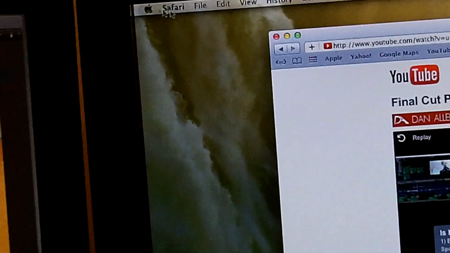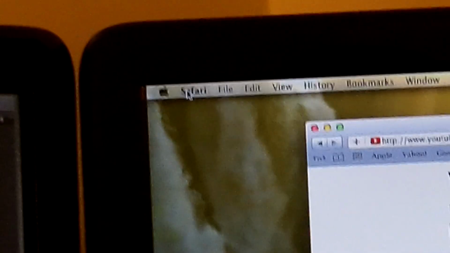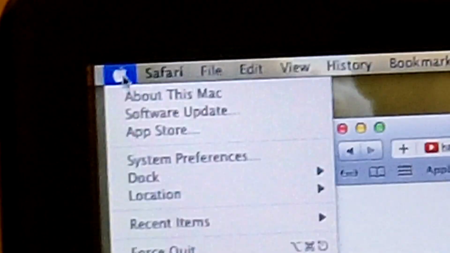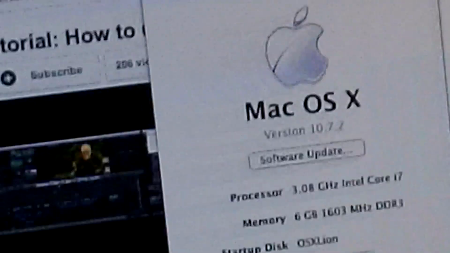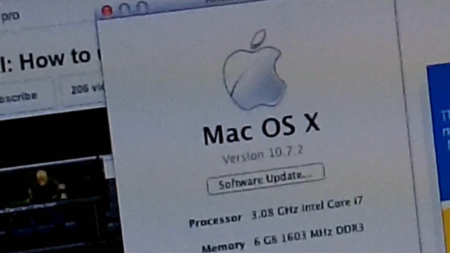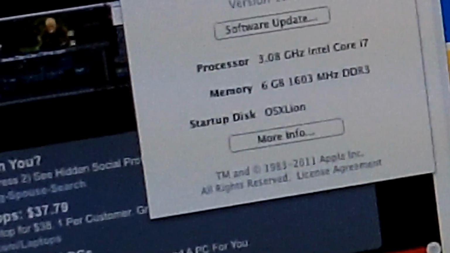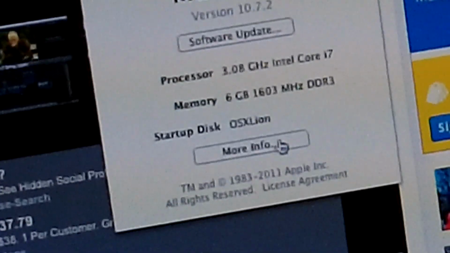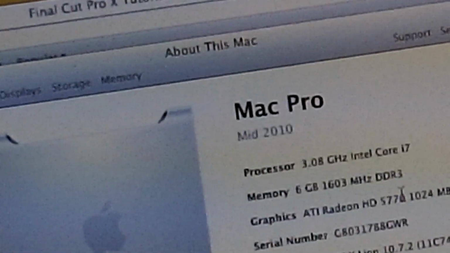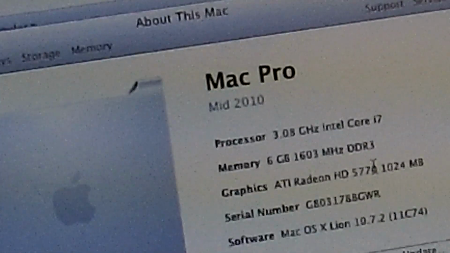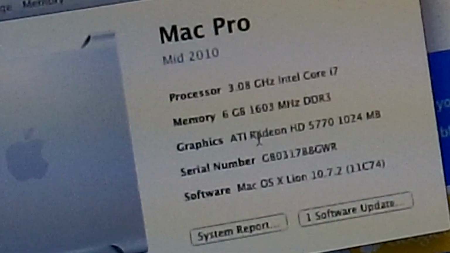And just to show you that this is OS X Lion, I'm going to go ahead and zoom in here. Let's see here. So if we go into the Apple menu, About This Mac, and we go here, it says 10.7.2. One second here. We go to More Information, where's my mouse? More Information, and you get that one. So Mac Pro, supposedly the 2010 version,